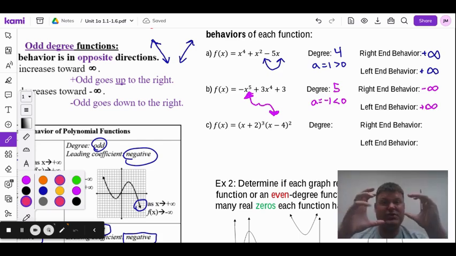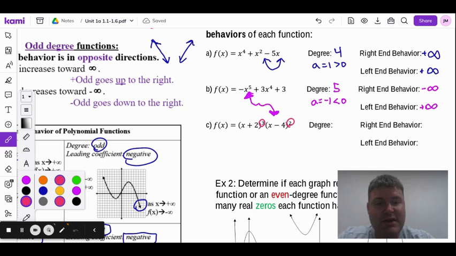Whenever you have factors, you can actually count each factor and add them up to tell the degree. So if you were to add up the 3 and the 2, you get degree 5. We're degree 5 here. All you do is add up the powers of the factors. Super simple. And then what's the a value? Well, first off, look inside here in front of the x's. Those are both 1. So 1 cubed is 1, 2 squared is 1. They're going to be just 1. So the a value is 1,